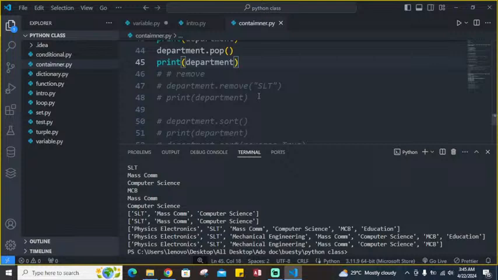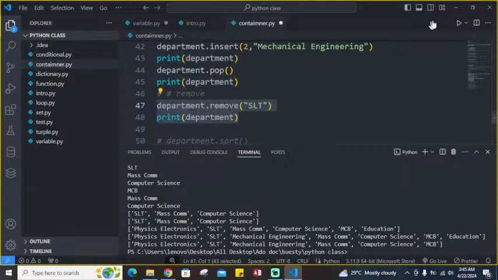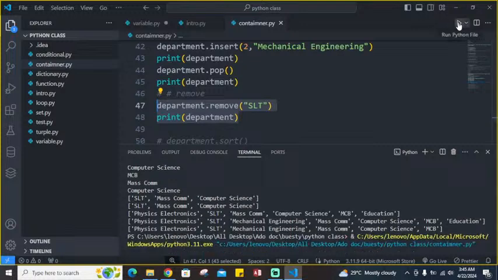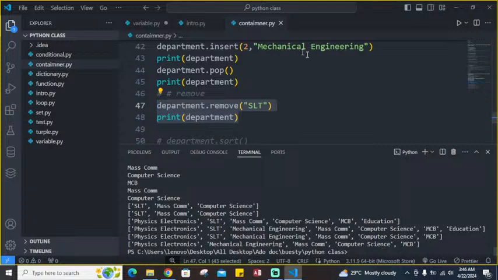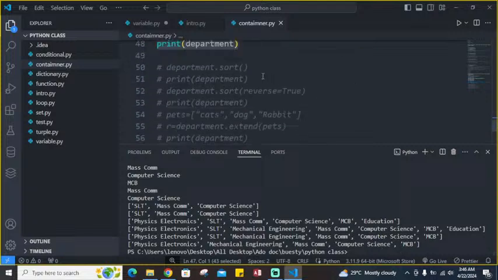Then remove removes a specific item in your list. For example, I want to remove only SLT, by specification. So I'm going to come here. I can see that SLT is removed. So the same thing we looked at